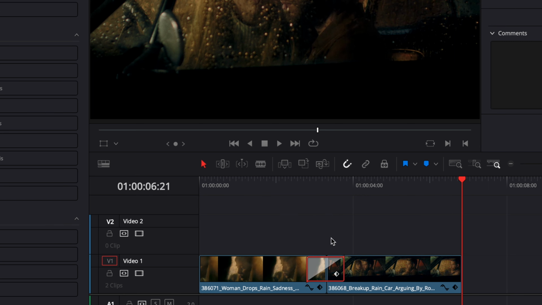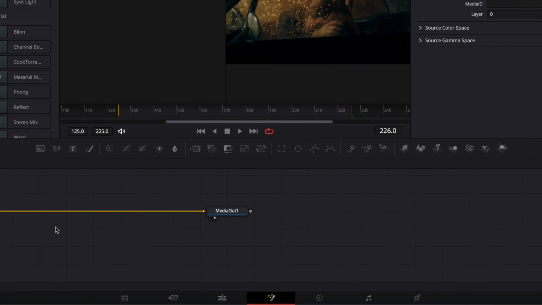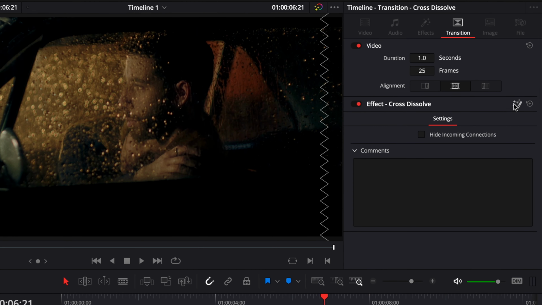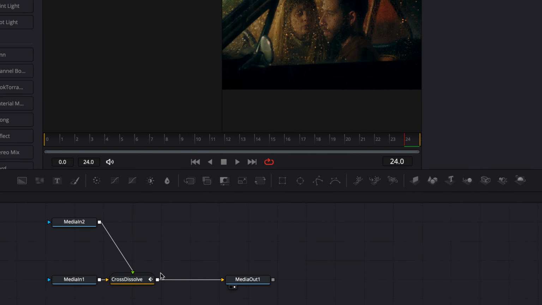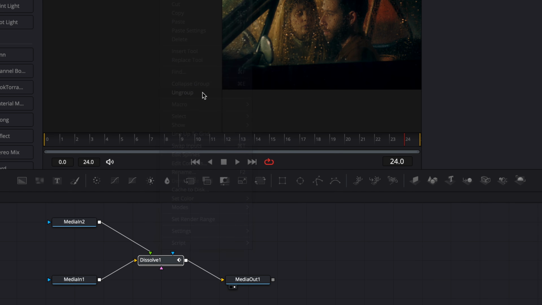That enables us to open it in Fusion, but we need to go to Fusion through this button right here. If you try to go directly from the tab, it will not appear, so just make sure that you select your transition here, and then click that button to go over to Fusion, and now we can see our cross dissolve. As you can see, it's in a group, so if we open it, we have our dissolve. So we're going to simply right click on it and ungroup it, just so it's simple to have only the dissolve